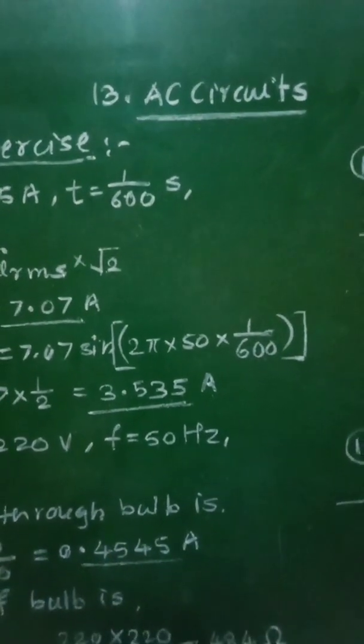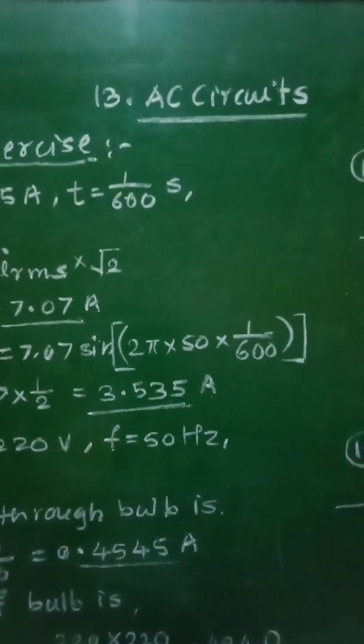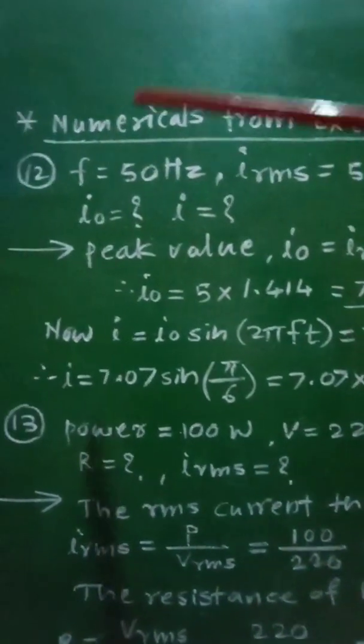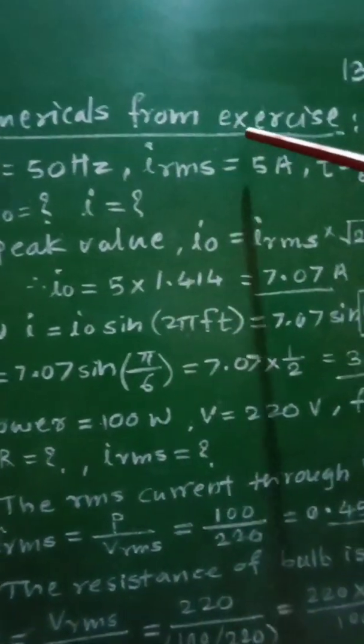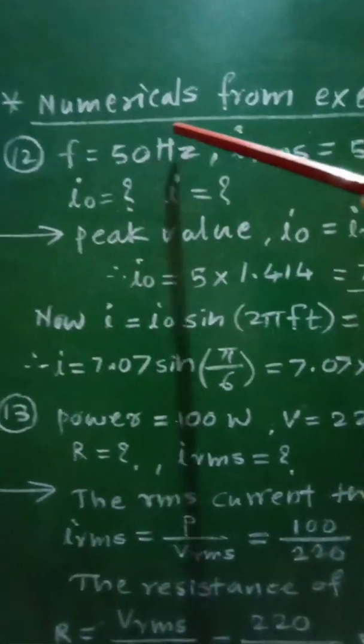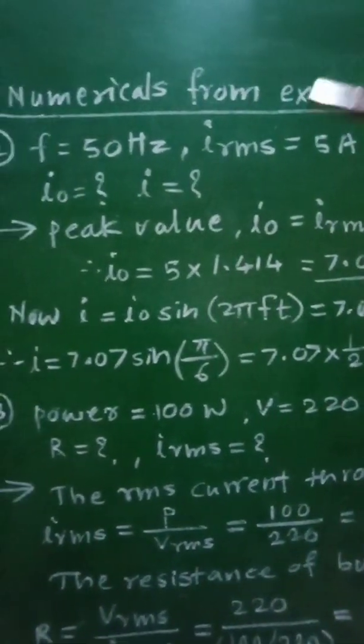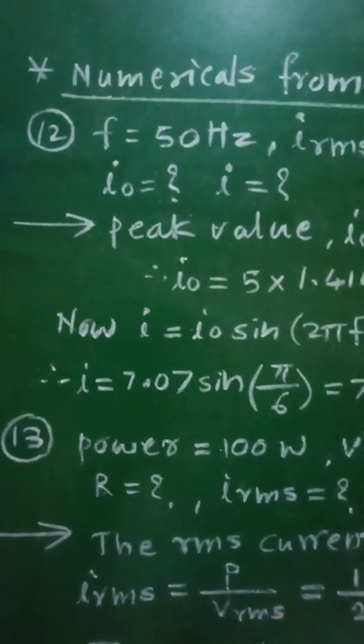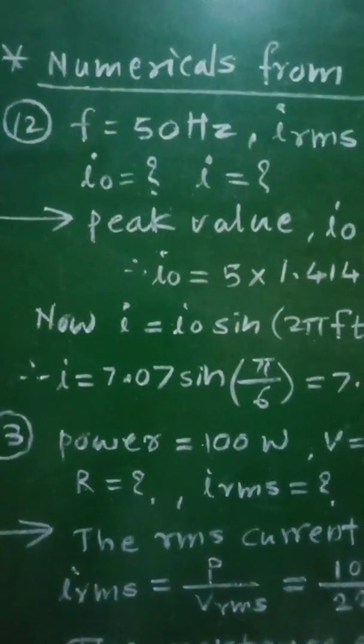Class 12th, Subject Physics, 13th chapter, AC Circuits. From this chapter, let us see numericals from exercise. Let us see first of all numerical number 12, which is given as: if the effective current